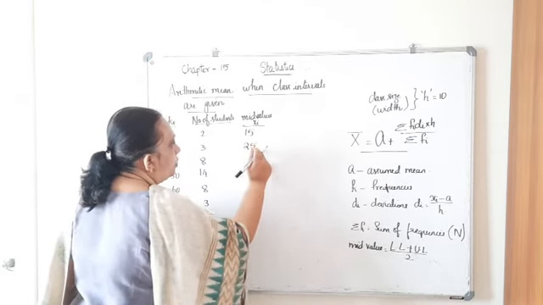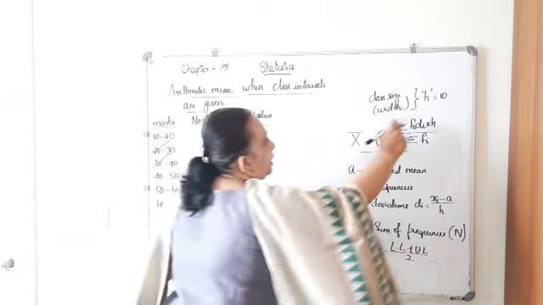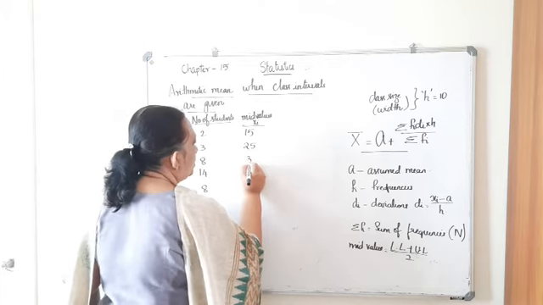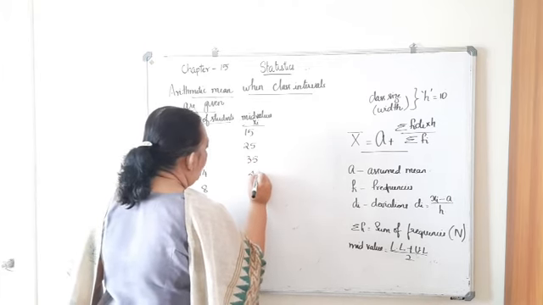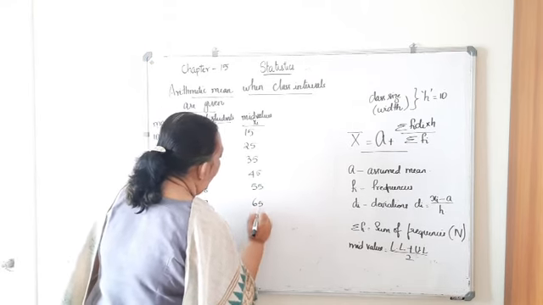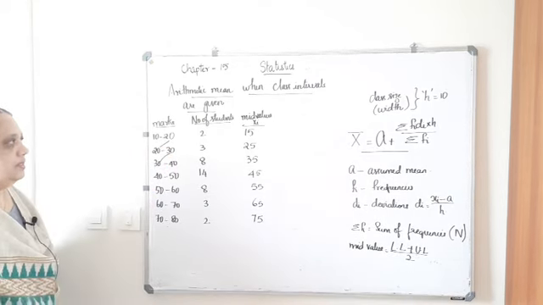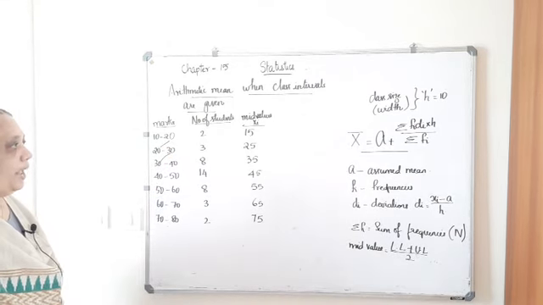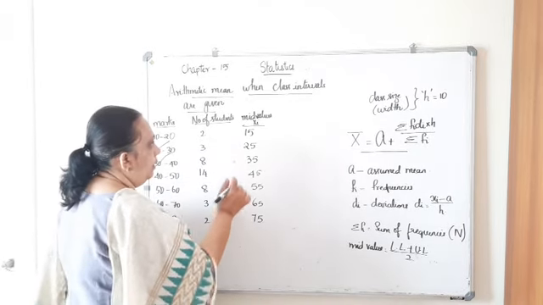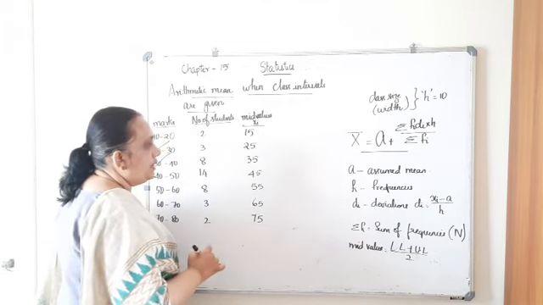So now you understood the difference is equal to 10, that is equal to the class width 10. So now you add 10 to 25. That gives you 35, 45, 55, 65 and 75. These are the mid values. And among the mid values, you find the middle one. 1, 2, 3, 4, 5, 6, 7. So there are 7 values.